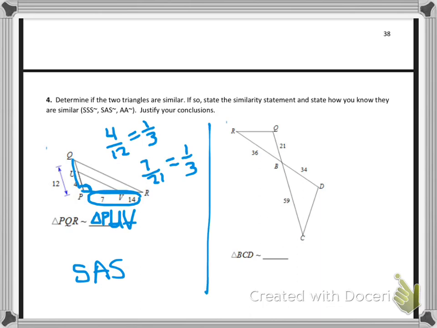Last example. I have some proportional sides. I also have some vertical angles here. So I definitely, if they're similar, they'll be similar by SAS again. So I just need to check. So the shorter side of this top triangle is 21. The shorter side of the bottom one is 34. 21 over 34. Okay, I don't think that reduces, but if I plug it in, I get this is equal to